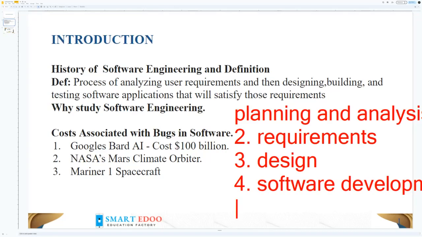We have mobile applications, banking, web-based applications, operating systems. Imagine coming up with a new programming language, that also involves software engineering. It's a kind of software development, but an advanced kind.